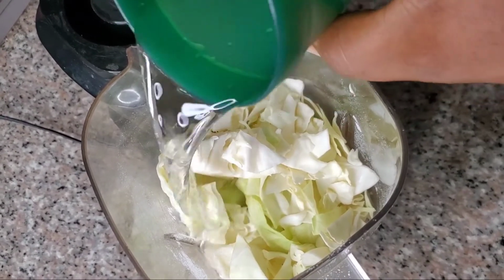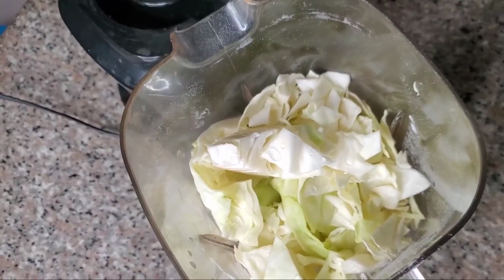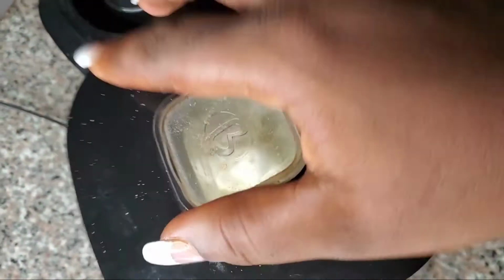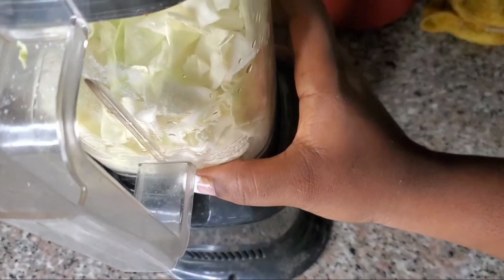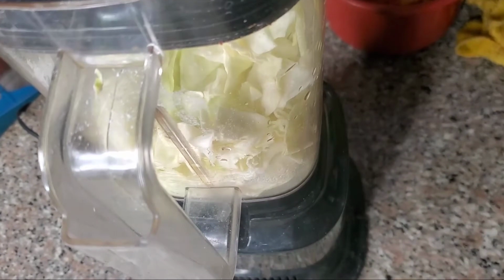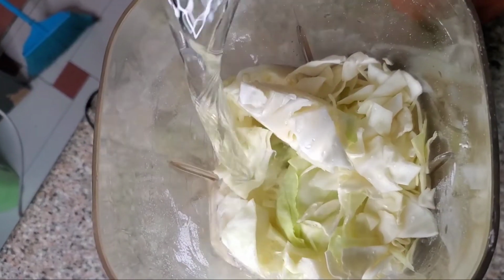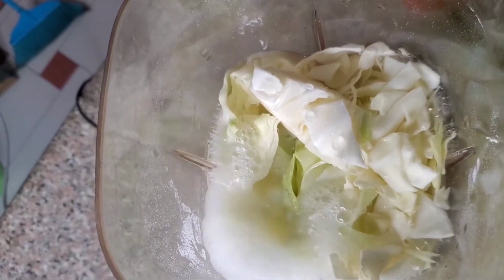So this is the cabbage in the blender. Then you want to add some water to assist the blender to blend properly. So just blend away. Keep blending until it's fine. You see where the water is? That's for the size of my blender. But in case the water is not enough, you can still add some more water and keep